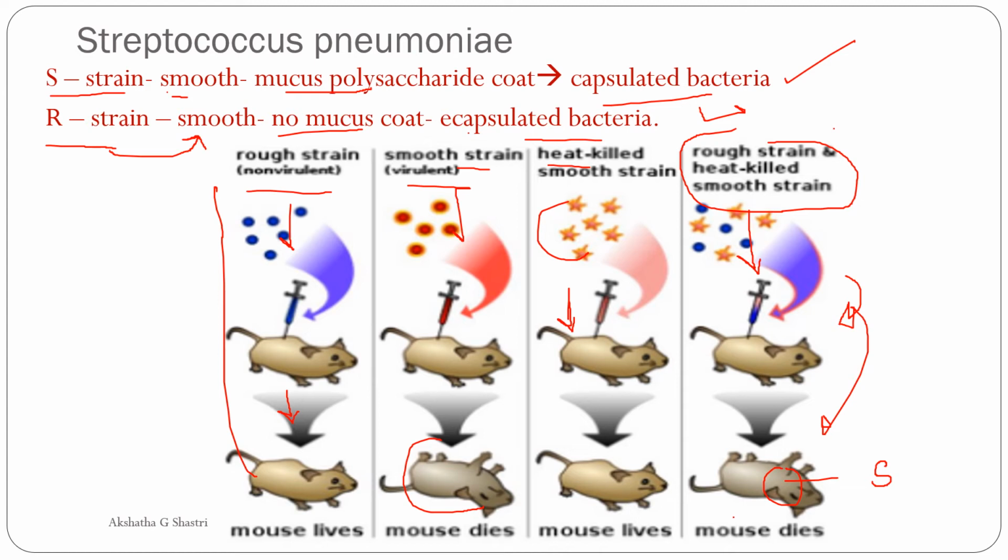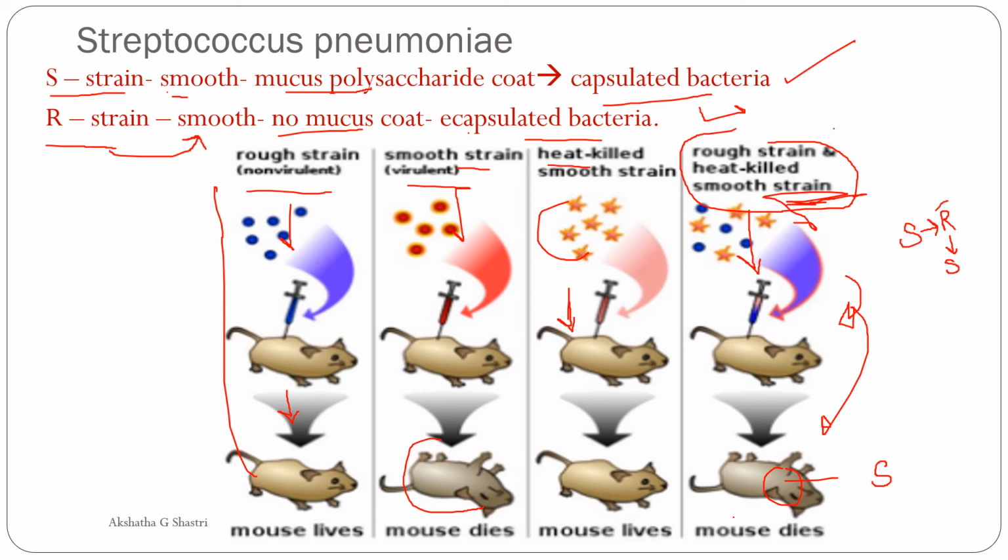Then he concluded that the R strain bacteria had taken up genetic material that had been transformed by the heat-killed S strain. That is, the S converted the non-virulent R strain into the S. So this is nothing else but the transforming principle. Okay, so because of this transforming principle, the heat-killed S strain bacteria had enabled the R strain to synthesize